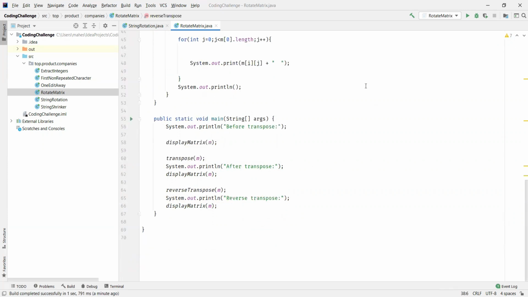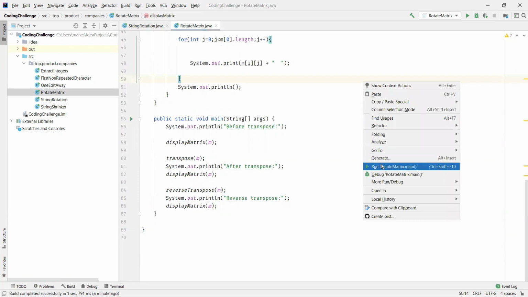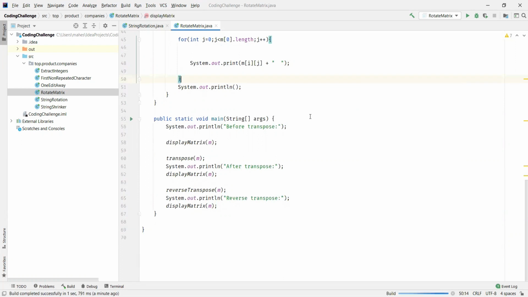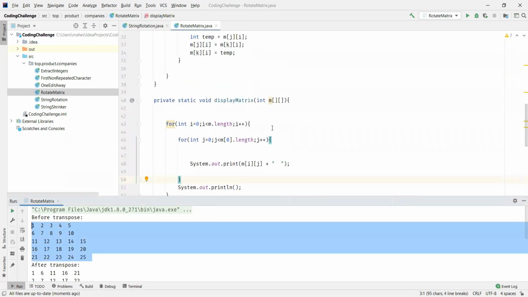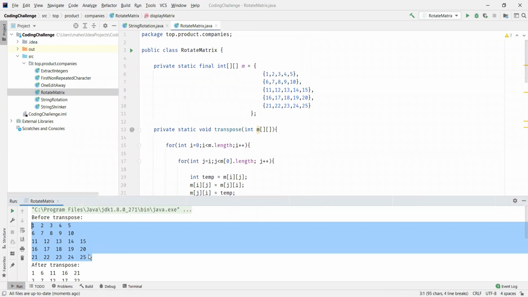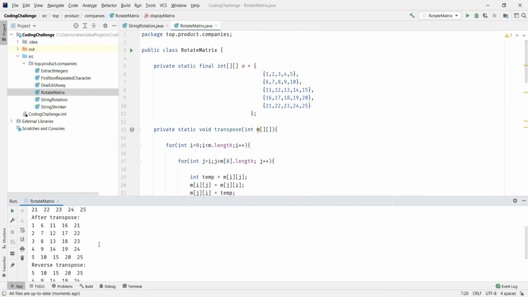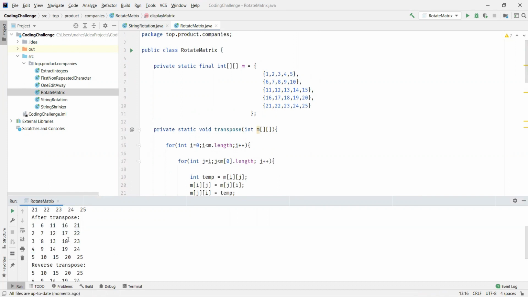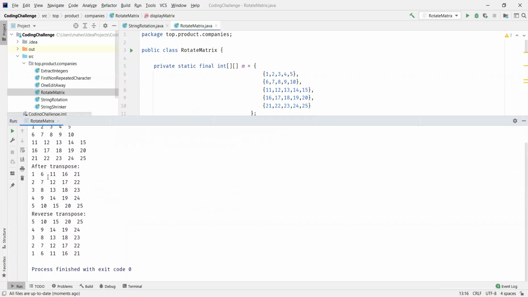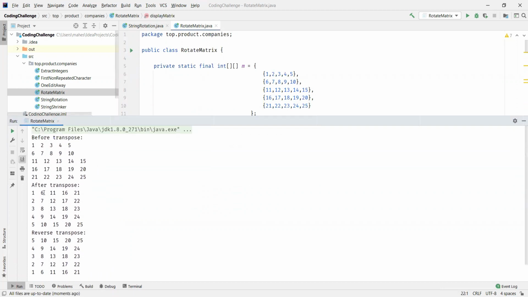All right, let us run the program now. And we can see the output here. Before transpose, we have the original matrix, whatever matrix we have given here, we can see it here. And after transpose, we can see it here. So over the main diagonal, elements got swapped. Let me make it big. You can see it here after transpose over the diagonal. So the elements got swapped, right?